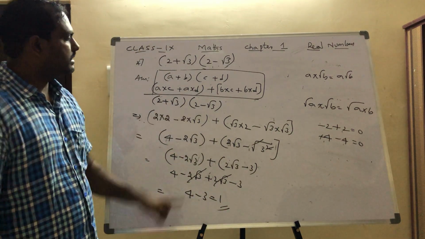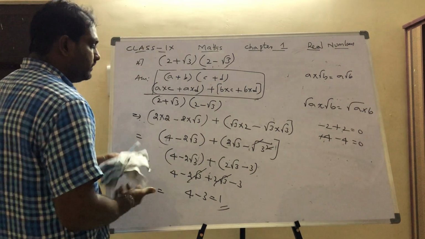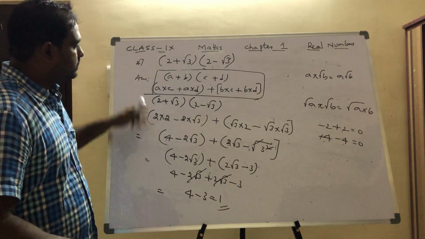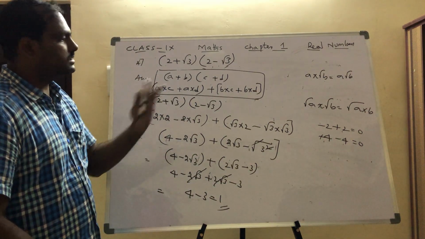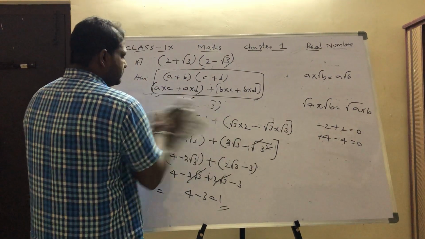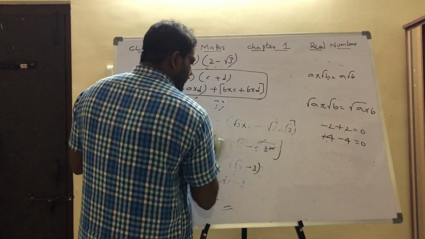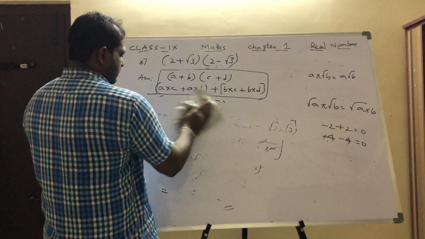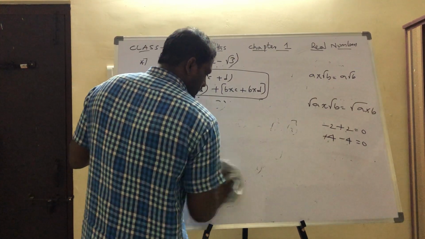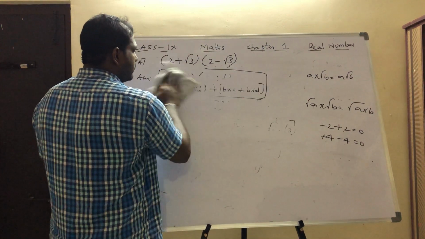So this is the method. Okay. Now I will tell one more method, the formula method. This is a simple method, but we have practiced in this way, so if you don't understand the formulas, you can do it this way. The next method is a very simple method, formula. What is the formula for a plus b into a minus b? A square minus b square. Okay, that formula I am going to apply now.